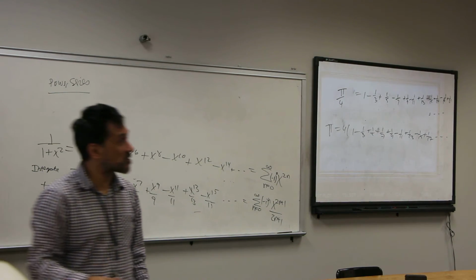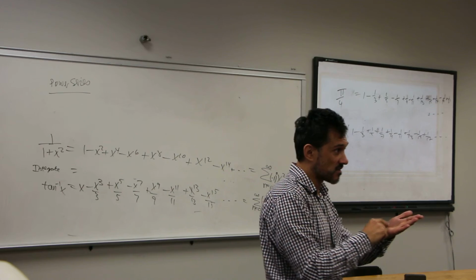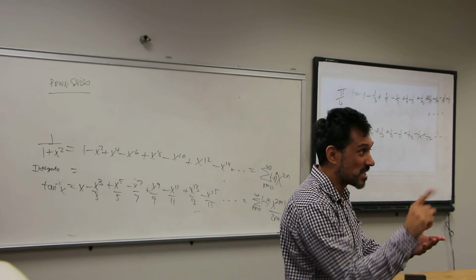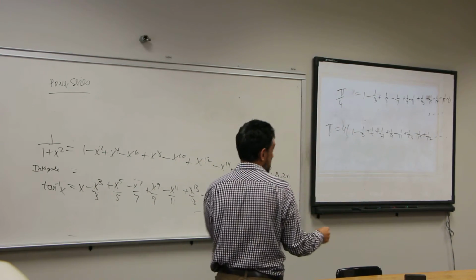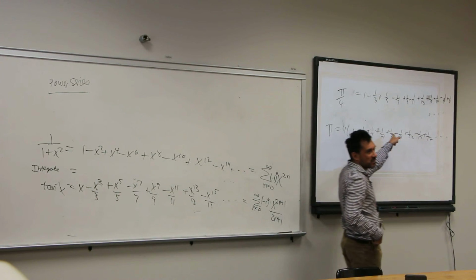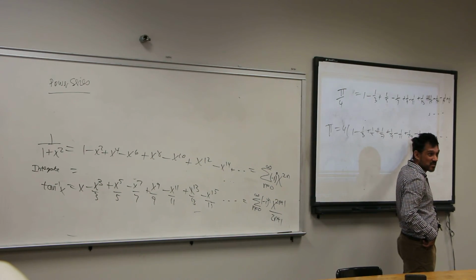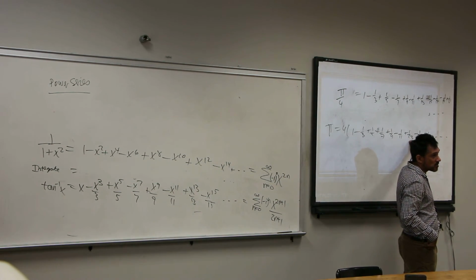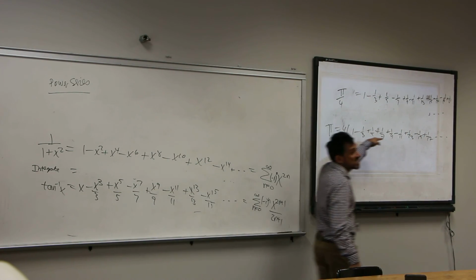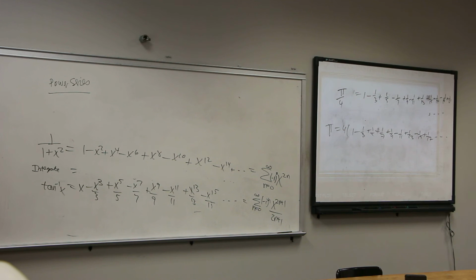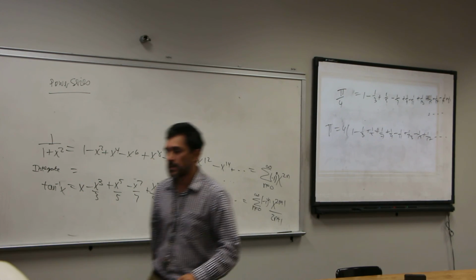So next time somebody asks you what is pi, give me a moment, I'll tell you how to get it. I'll hit the pi button on the calculator. That's cheating. But essentially that's what your calculator is doing. Calculators do this. Your calculator doesn't know what pi is either. You will get pi if you go to infinity. Don't stop. Okay, let's do it. 4 times